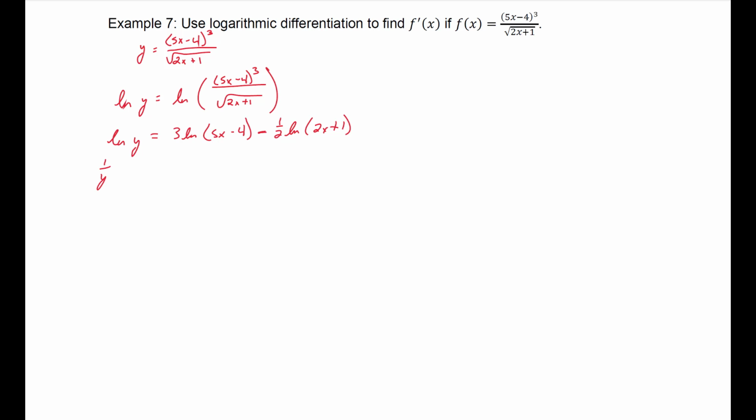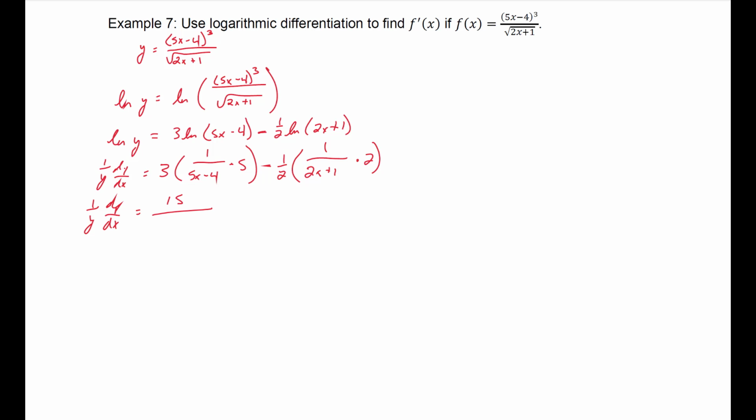So 1 over y dy/dx is equal to 3 times 1 over 5x minus 4 times 5, minus 1/2 times 1 over 2x plus 1 times 2. So 1 over y dy/dx equals 15 over 5x minus 4 minus 1 over 2x plus 1. And so cleaning that up, we end up with 1 over y dy/dx